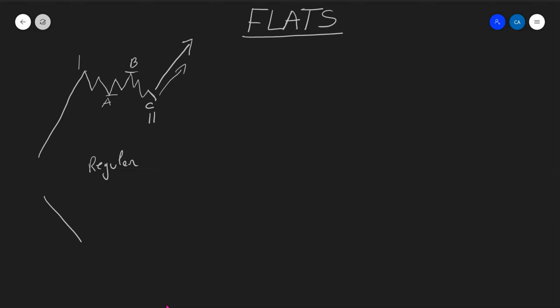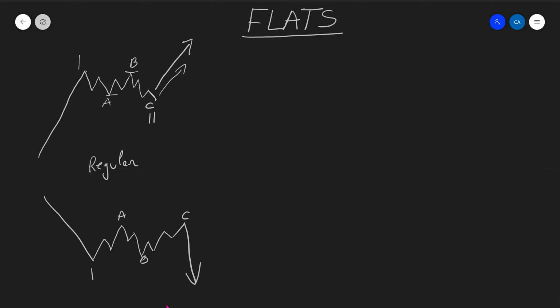You're going to have a wave 1 decline to the downside, and then you're going to go up in 3 waves. It's going to be A, B, C, and this is going to be your wave A. Then you're going to come down, and you're going to have this wave B in here, right? And then you're going to go 1, 2, 3, 4, and 5, and this is going to be your wave C, and then you're going to decline lower. So this is the bearish kind of